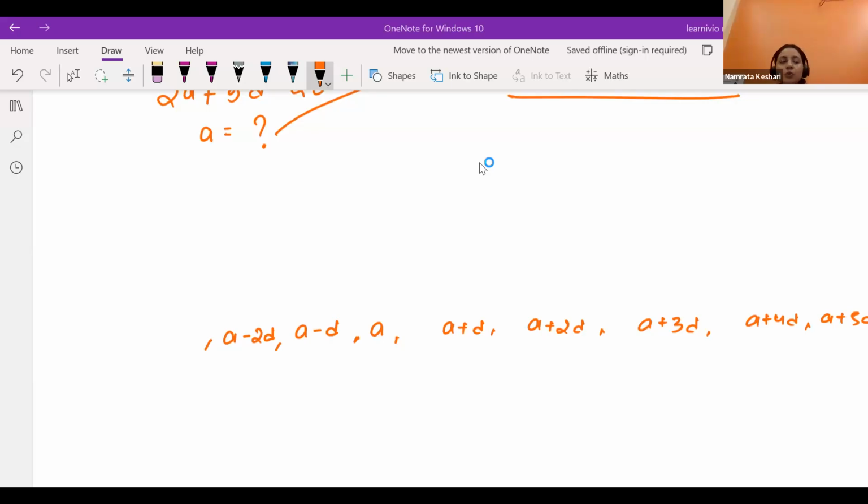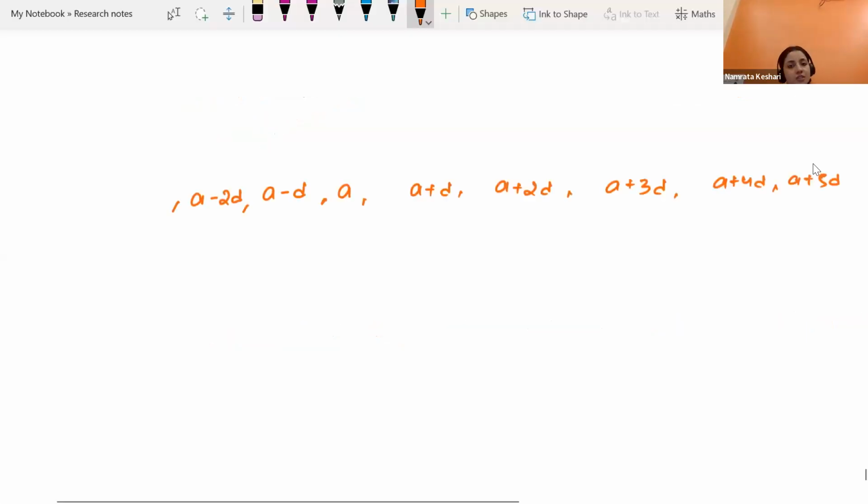अब अगर मैं बोलूं कि A के पहले वाला टर्म के बारे में अगर हम सोचें तो वो A माइनस D होगा. क्या ये समझ में आ रहा है सबको? Yes, ma'am. A के पहले वाला टर्म, A माइनस D. ओके, A के बाद वाला टर्म D ऐड हो गया,